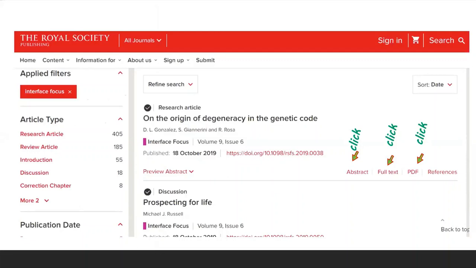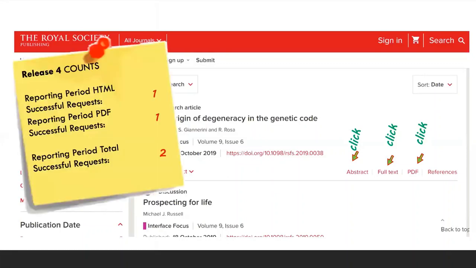You could click on the full text and get the HTML view, or you could click PDF and download that content. In release 4, how this was reported or how this looked is there would be one use for HTML, one use for PDF, and the reporting period total would then be 2, ignoring the abstract view.